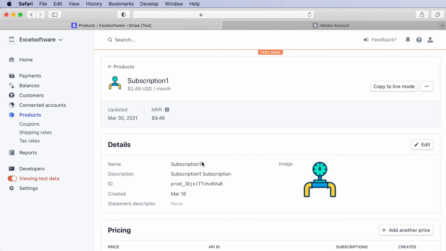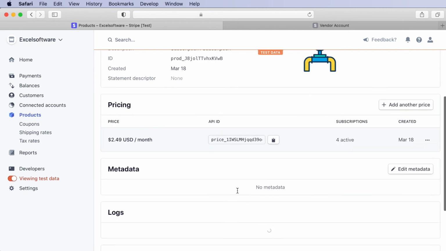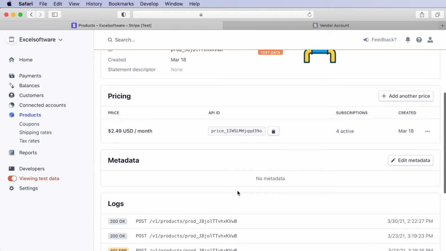We have a name, we've assigned an image, we set up some pricing information, and the important part of this that we're going to be using in a moment from our Safe Activation account when we create the actual button is this price ID right here, which you can click and copy that into your clipboard, and you'll use it in a moment when we're setting up the actual